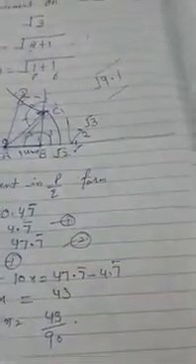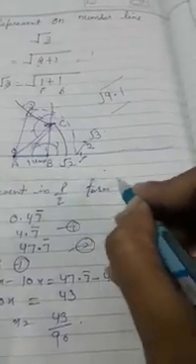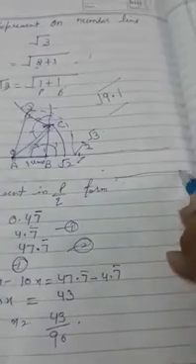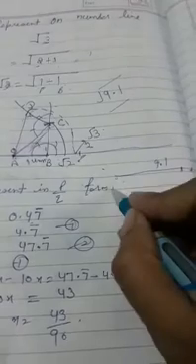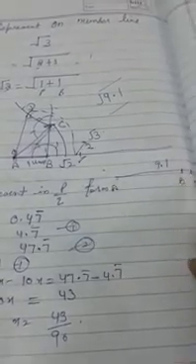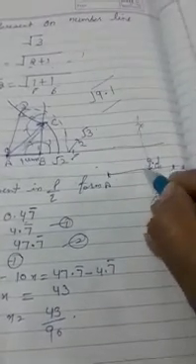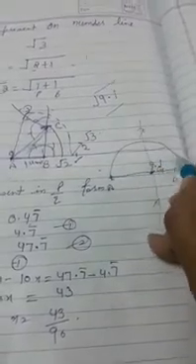Suppose you are given square root 9.1 and you have to represent this on the number line. There we use the method of semicircle. We take a line and mark a point up to a distance of 9.1. Then we take 1 centimeter more. Here AB is 9.1 and BC is 1. Now we take the perpendicular bisector of AC. This is the center. From this center we draw a semicircle.